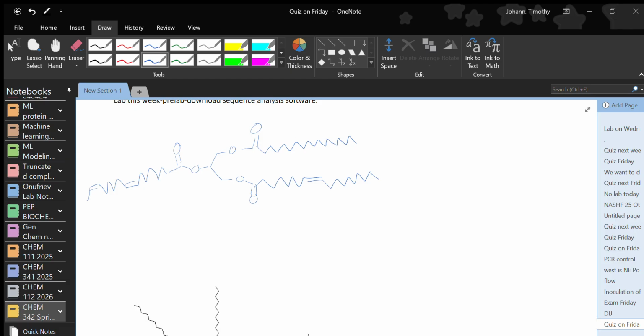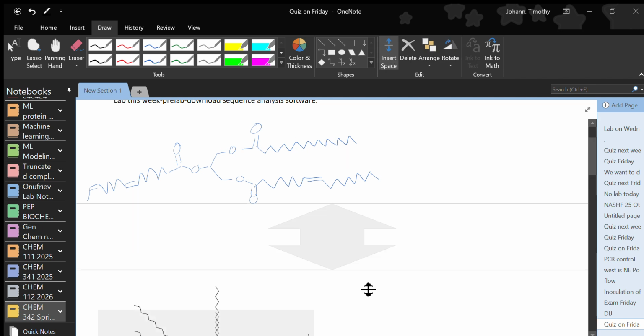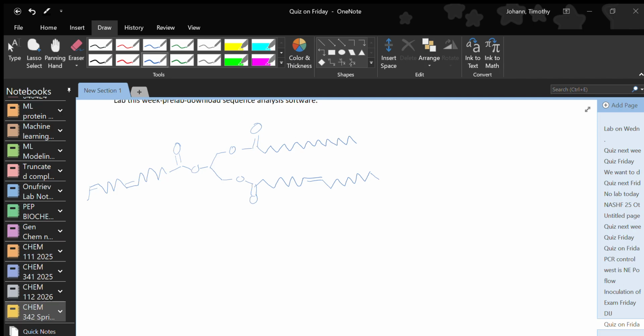And then these in your body are being carried around in, you hear about LDL, HDL. You have very low density lipoproteins, and a low density lipoprotein. Those become your LDL. We'll talk about that more later, but they have a lot of free fatty acids in